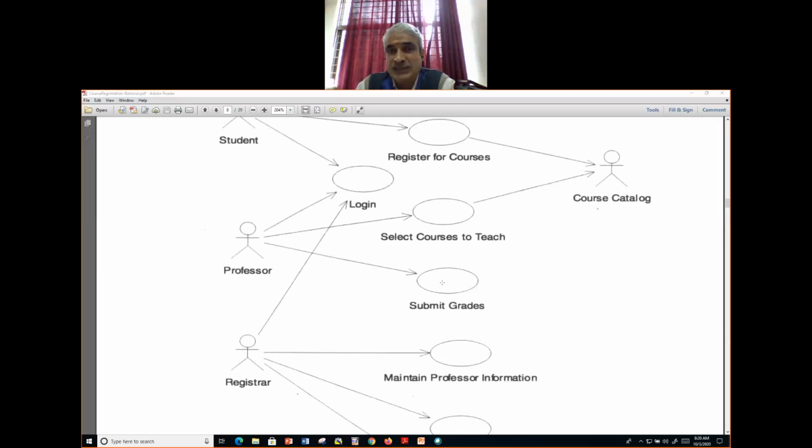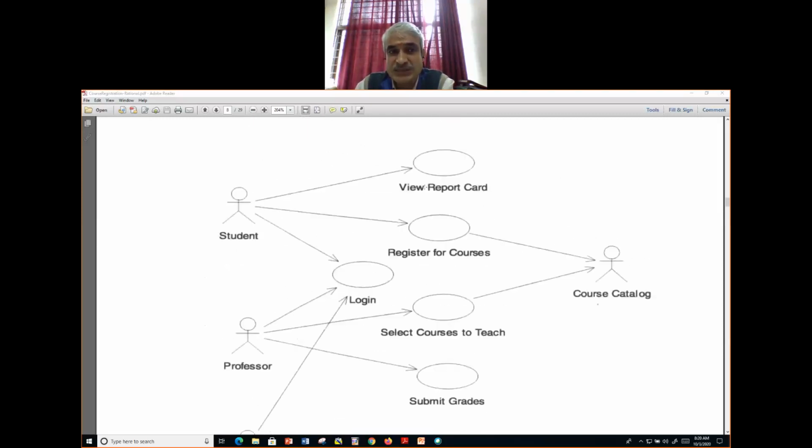Please see that all these things you will write within an oval, not outside the oval. And the actor name, student, will be written below the human body symbol. But the view report card is written inside the oval. Is this okay?